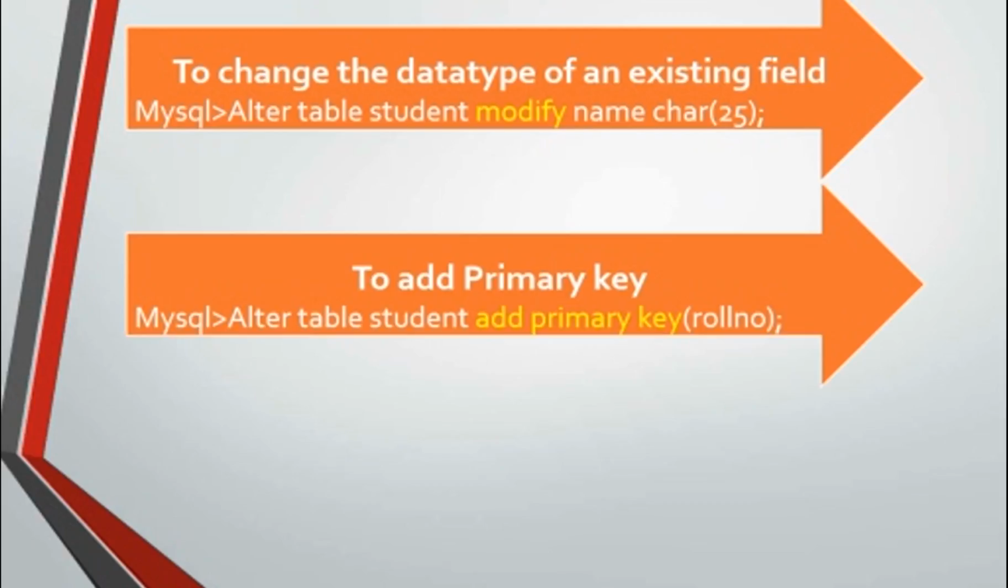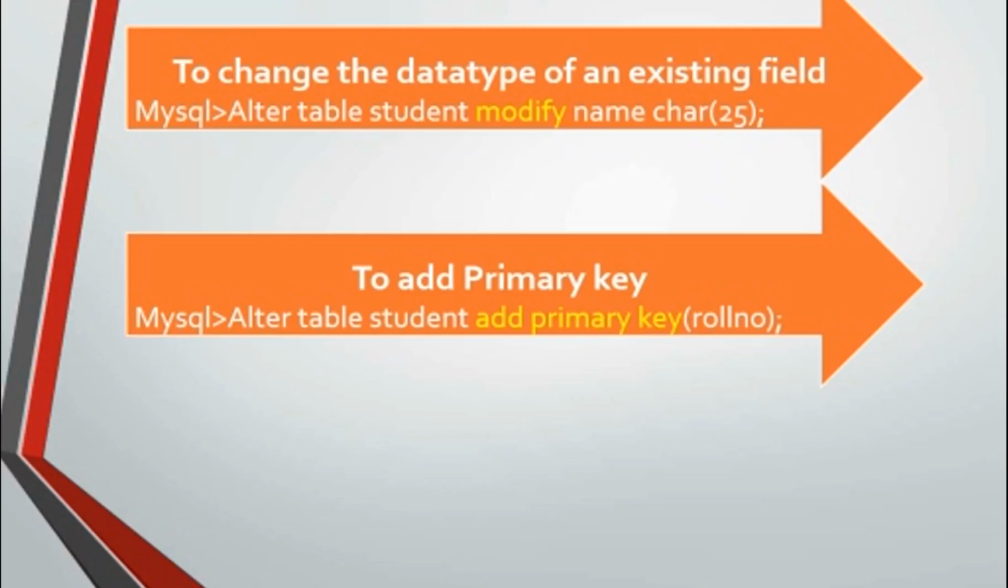Okay. So to change the storage of the data type or to change the data type, you can use this command. Next is to add a primary key. So to add a primary key, you have to use alter table student. Then the keyword here is add primary key. The yellow characters are highlighted so that you remember what to write in each case. So you have to remember that for a primary key, you have to write add primary key and then the name of the field.